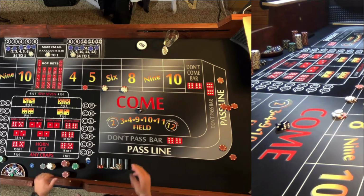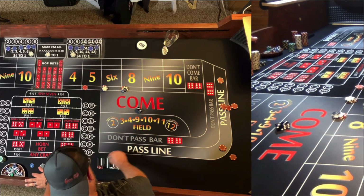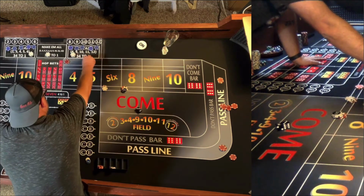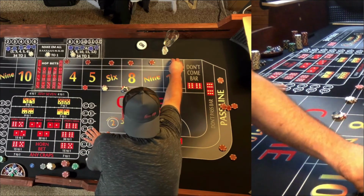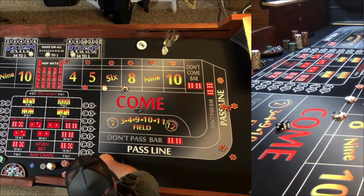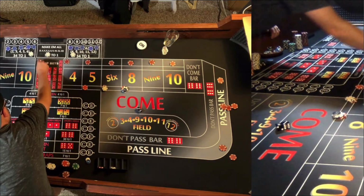All right, we are going to go off on the 5, 6, and 8, and now we are going back up. Let's do this again. It's fun to lose money on laying against the 4. Okay, there is lay the back wall, 180 plus 10 is 190. That's $6 for the vig, $4 for the